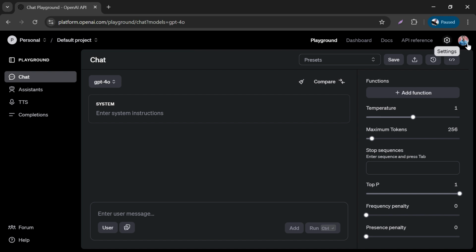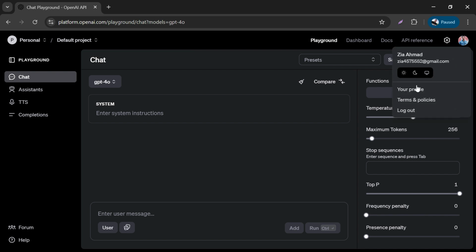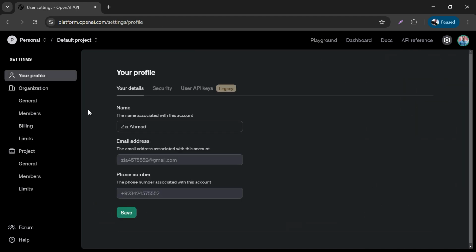Second thing, once you sign in, you will be able to see a picture over here, your Gmail picture. Go over there, hit on your profile, and then from here you can add the billing method as well. I have already added my credit card to this billing method, right? So if we move on